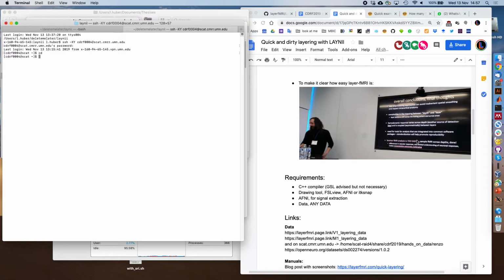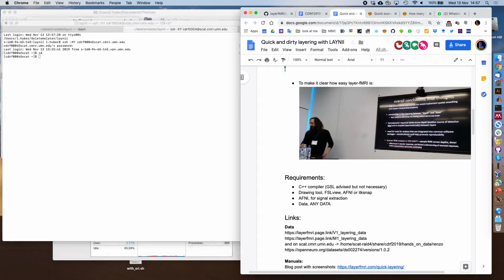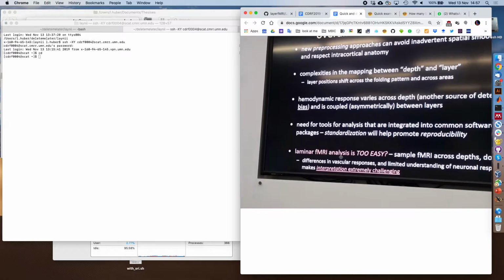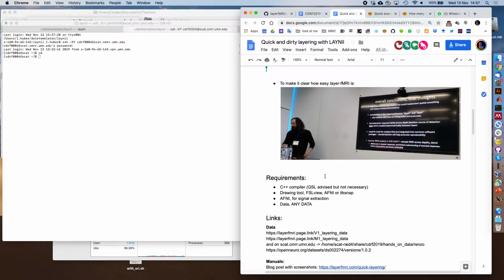Also, with respect to what Jonathan said yesterday, layer fMRI is too easy. You can easily do it with any kind of resolution. You just analyze your data across depth. And the goal of today is to show you how easy it actually is. There's no magic happening. The things that we're going to need for this tutorial is to install